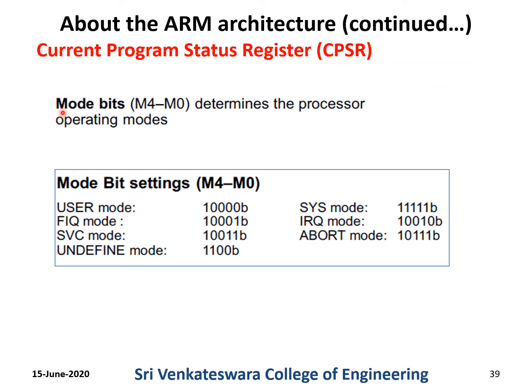Then a few more details about the mode bits. The least significant 5 bits, M0 to M4, determine the processor's operating mode, and there are only 7 operating modes for the processor. These are the bit patterns which indicate a specific mode. A 1 followed by 4 zeros in M0 to M4 indicates the normal user mode. Similarly, the fast interrupt mode, supervisor mode and undefined mode are each indicated by certain bit patterns.